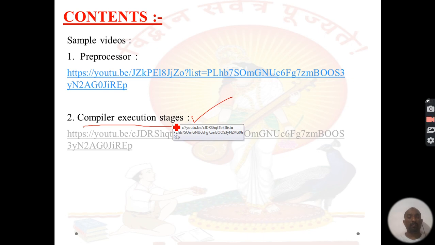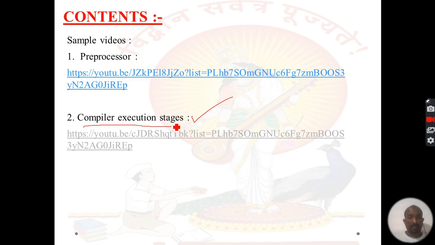The compiler passes that C code to the preprocessor. The preprocessor generates actual C code, then the compiler generates the assembly code, then it passes to the assembler. The assembler converts assembly code to the object code, then the object code resolves the unresolved code and generates the